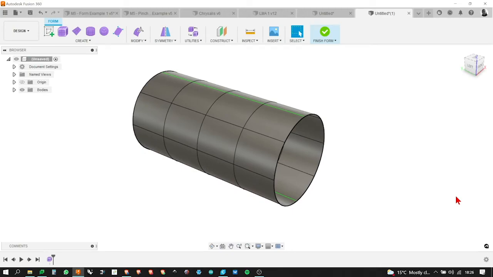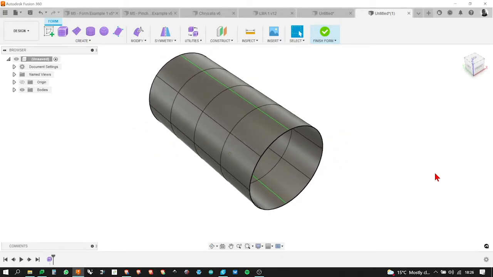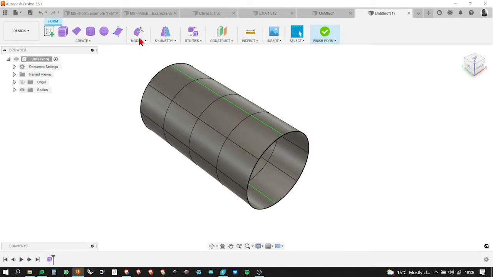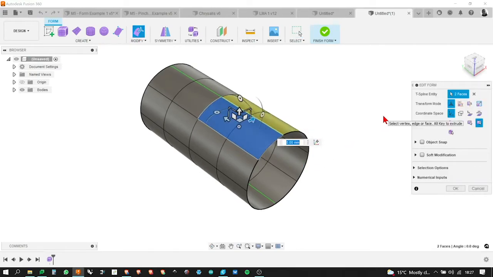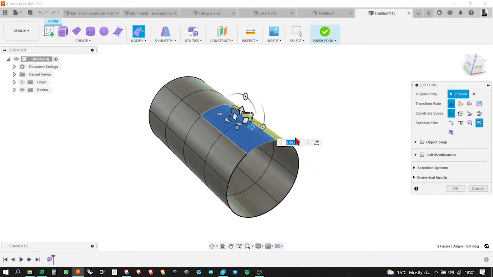How do we start manipulating this into a spade? I think it's quite obvious, hopefully. We've got to flatten out this cylinder to make that spade shape for the shovel, and then basically pull it to make it wider and longer. So if I go to the modify tool, and I'm going to select, hold shift down, I'm going to just select